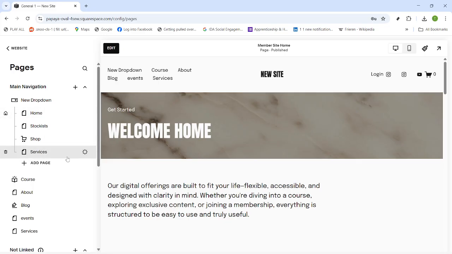You've created a dropdown, added your pages, and organized your navigation in a way that's clean, intuitive,